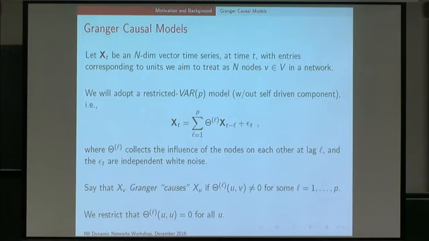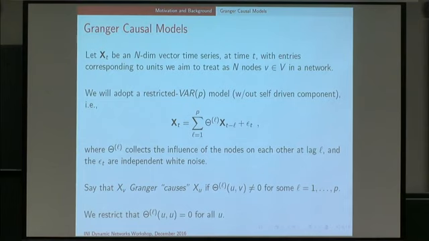All right. We're going to adopt a type of vector autoregressive model with p lags here. Notation is that I'm modeling the behavior of this time series at time t as a function of its p lags, and I have matrices theta_l here that are capturing the dependency between the two. So what you can picture here is this is corresponding to all the nodes of the network as I go down the rows, right? And I have the same thing here. So these matrices are number of nodes by number of nodes. And then I have one per lag. So what you can picture is having a stack of matrices. That's your parameter space, right?